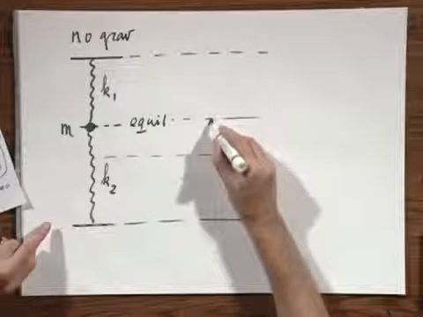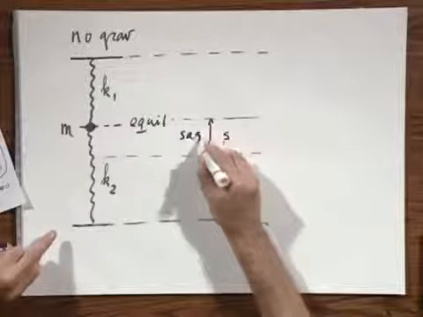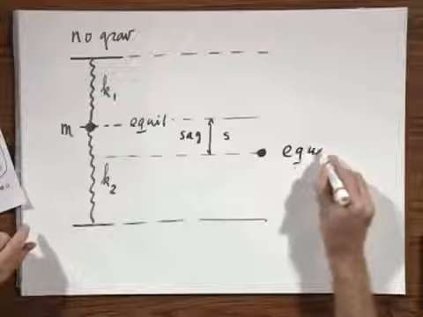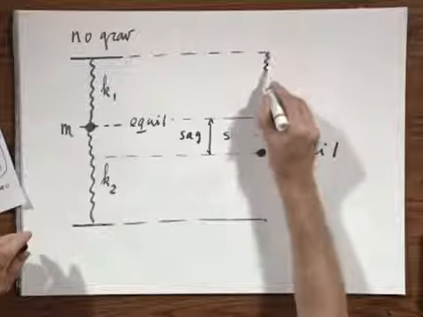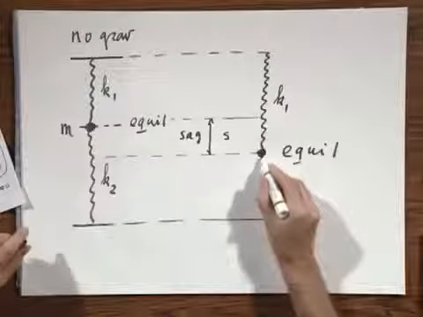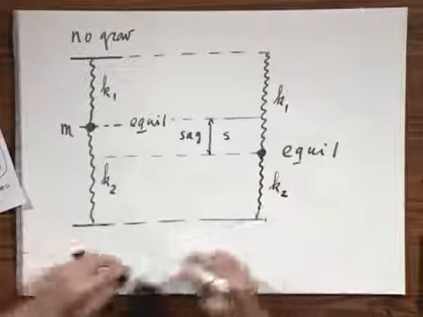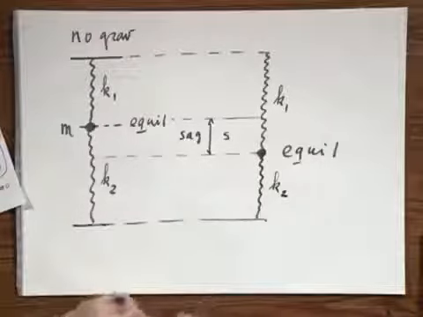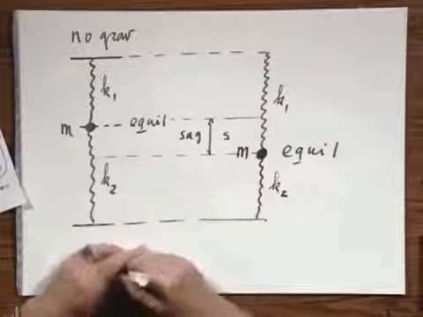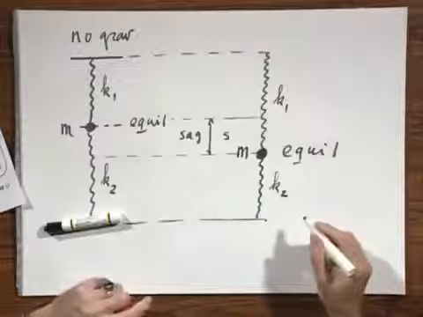This object will sag because of gravity. It will sag over a distance s. S stands for sag. And so the new equilibrium position will now be here. This spring will be longer than it would prefer to be, and this spring is shorter than it prefers to be. So if I take this object M and I look at the forces now in its new equilibrium,